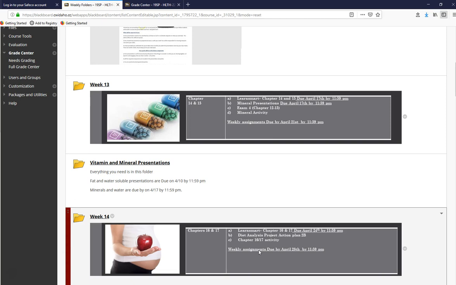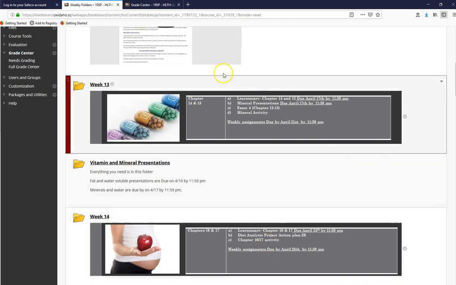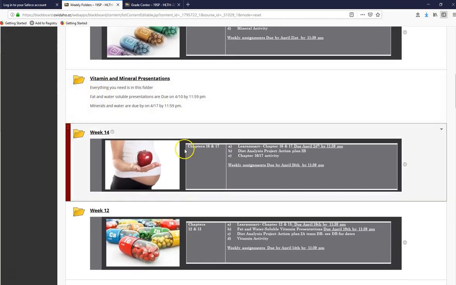Make sure that you are going back and watching all the videos. That's the reason that they're there. It's also the reason why you don't have any additional PowerPoints or notes these 2 weeks, because the intent is that you're going to use your peers' reviews and research in order to educate yourself on the vitamins and minerals. That should look pretty straightforward. Everything is exactly the way it was last week, along with presentations.